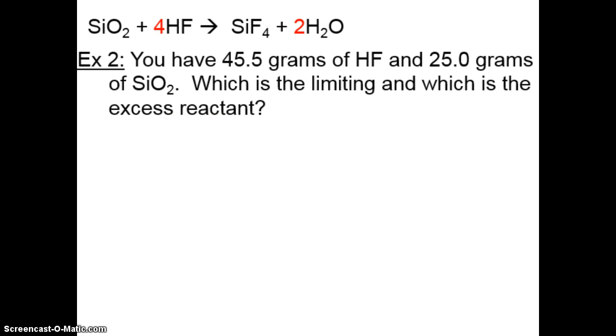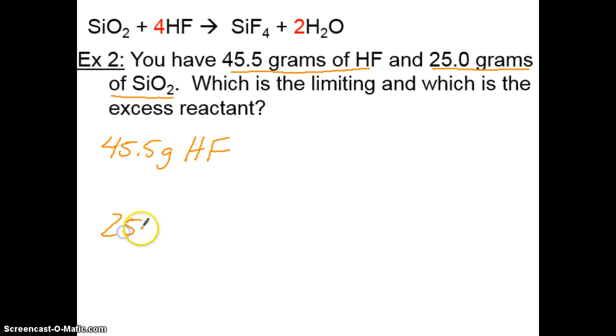So we're going to finish with one more stoichiometry, limiting versus excess. And again, we know that we're going to have 2 different problems. We're going to start off with this many grams of that and that many grams of that. So it's just like any recipe. We have 45.5 grams of HF